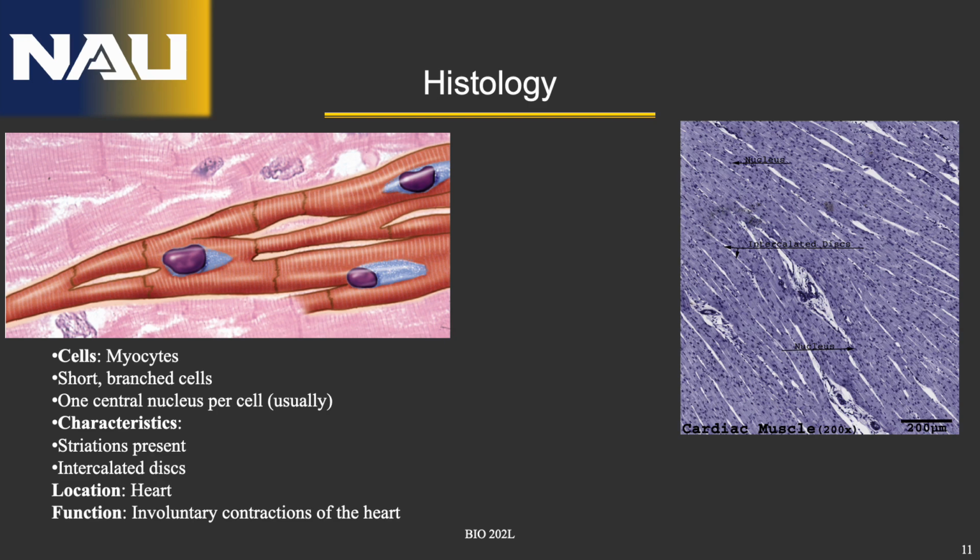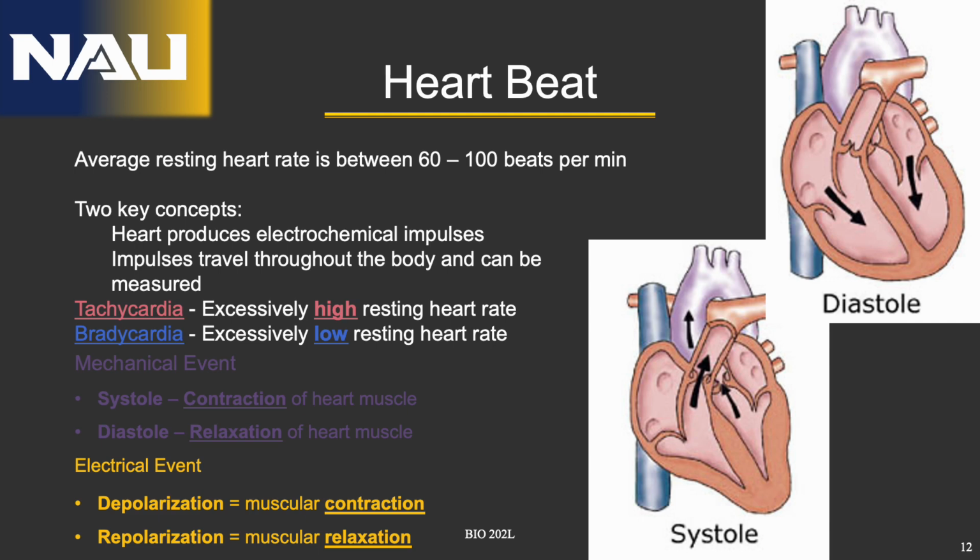body, ensuring constant circulation. The average resting heart rate for a healthy adult typically ranges between 60 and 100 beats per minute. This rhythm is maintained by the heart's ability to produce electrochemical impulses which originate in the sinoatrial node and propagate through the heart's conductive system. These impulses prompt the heart to contract and pump blood, and their electrical activity can be measured with an electrocardiogram